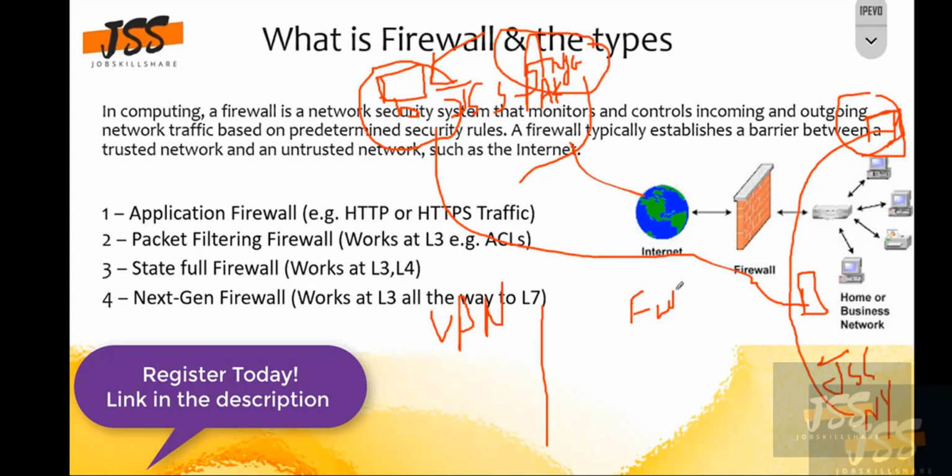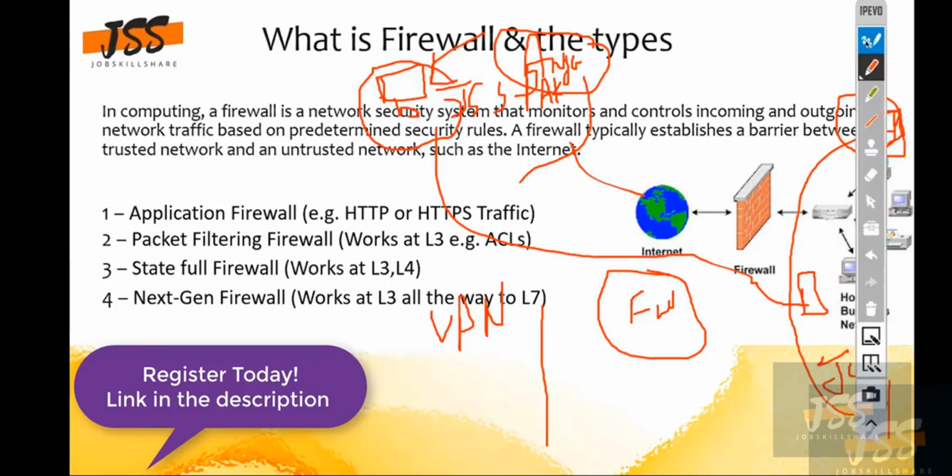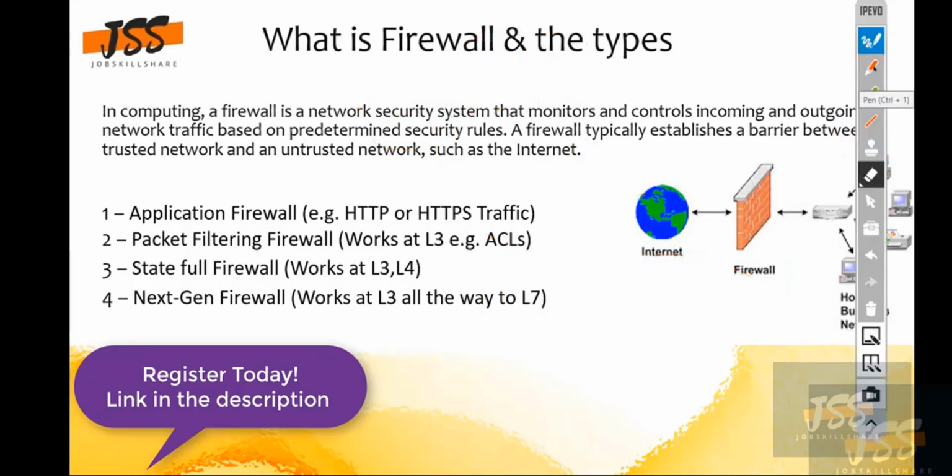Right. Okay, and as opposed to that, the firewall which I am talking about here, like if you want to control some policies, inbound traffic, outbound traffic, packet filtering, or next gen, what is it? I'm just going to explain right now here. So basically what next gen does,